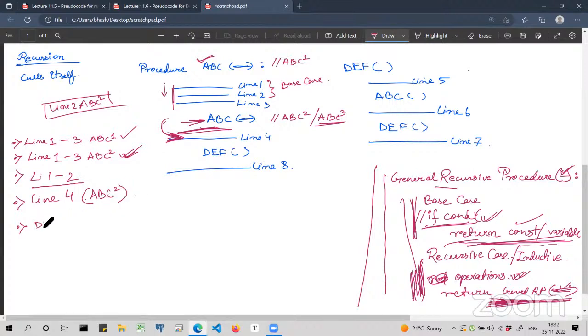So this DEF call would happen again, under ABC 2's body, the second instance call, right? So the DEF function would be called. Now inside DEF, line 5 would be the next thing. See again, line 8 I did not execute. Whenever a function is called, I would directly go to that function. So again, line 5 would be the next thing to be executed, and then again I am executing the ABC function